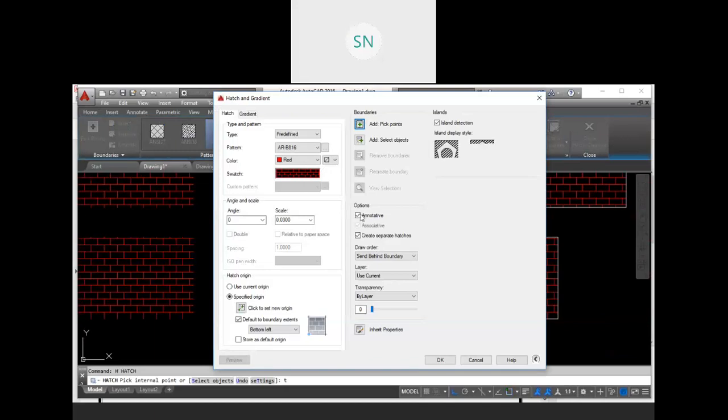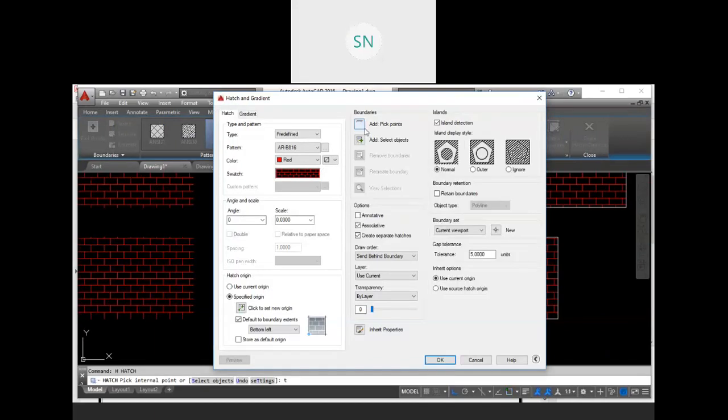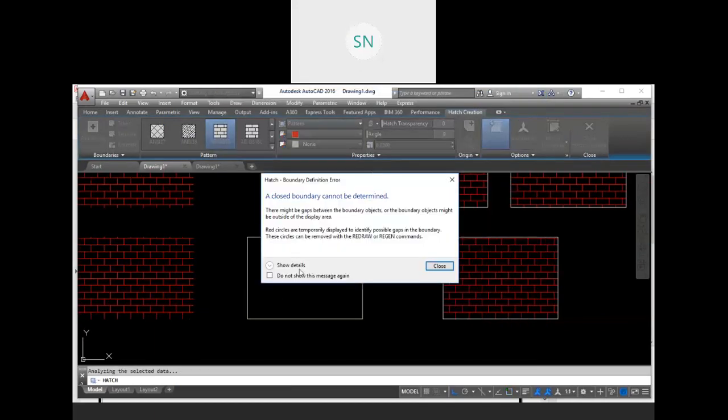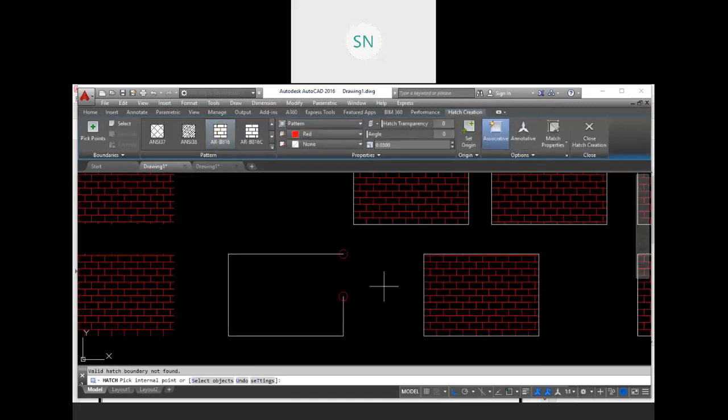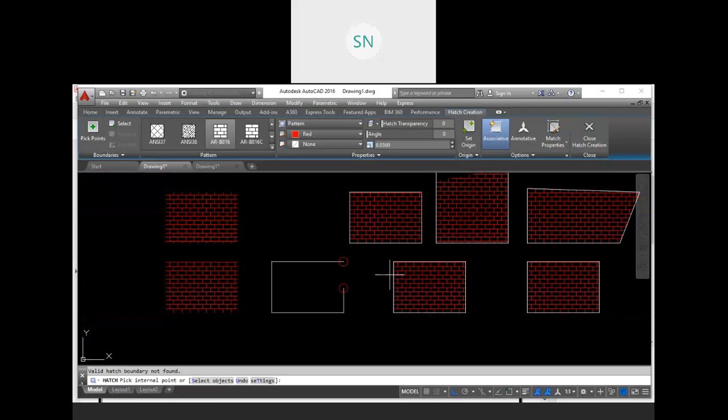Hatch setting, turn off this annotative. See, we have one notice that a closed boundary cannot be determined. That means whenever our gap is above our tolerance limit, we do not have that option to continue hatch or not. Okay.